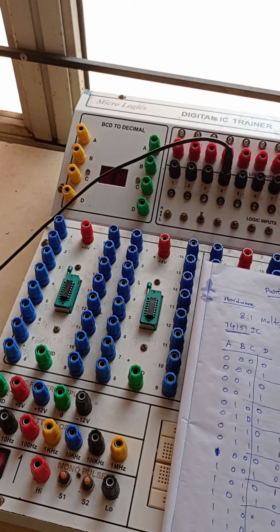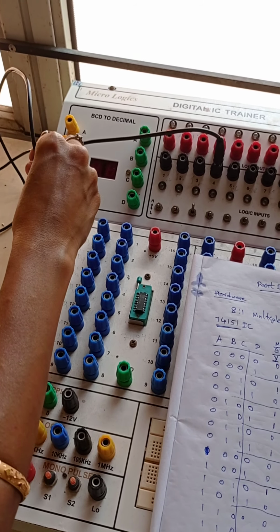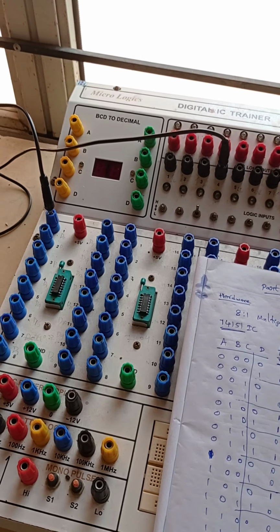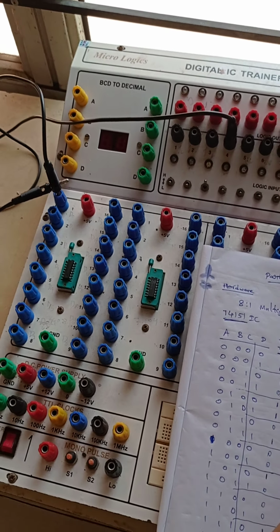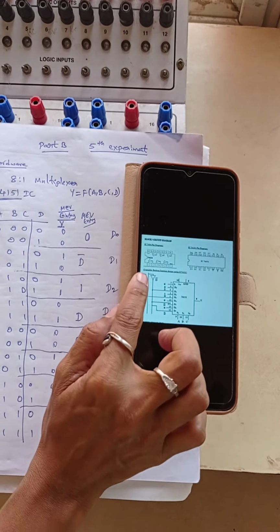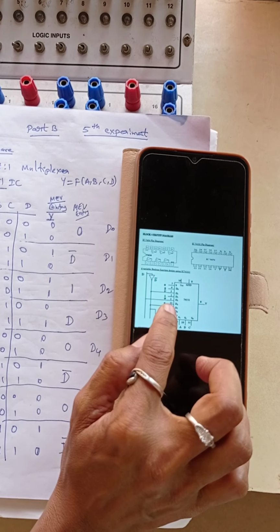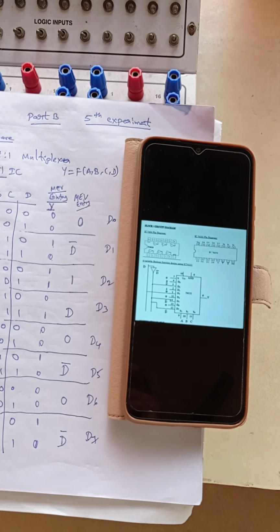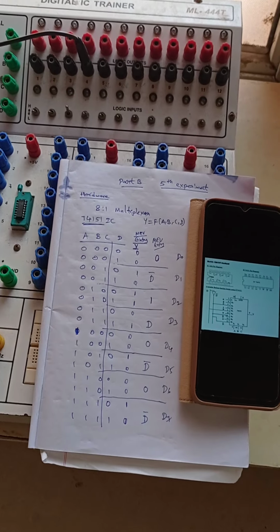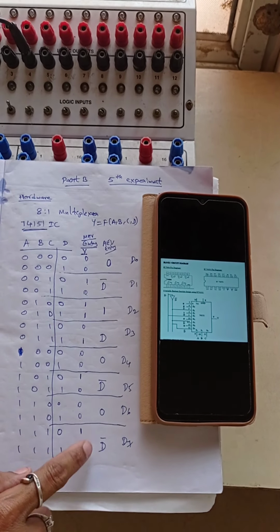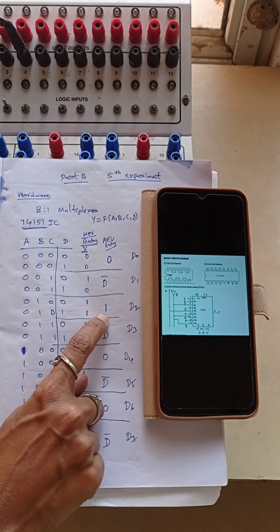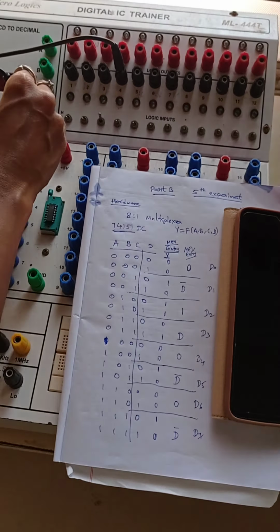Input is connected for the NOT gate first pin, and the same input, see the circuit diagram, the same data input is given for pin number 1. That is pin number 1, data line 2. See here data line 2. In this data line 2 is 1. So we are connecting